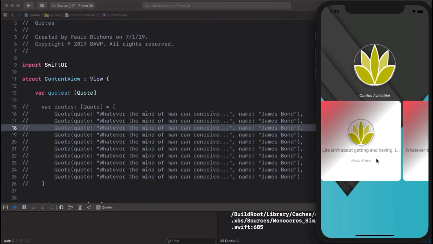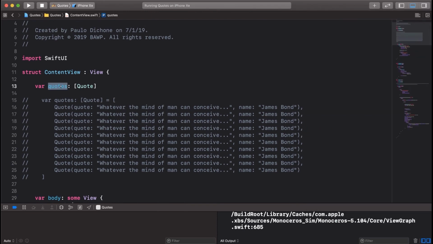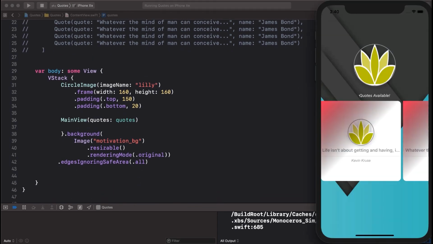Let's start with something very simple here. Let's go ahead and get the actual quotes number, meaning the number of quotes that we have in our JSON. How do we do that? Well, we know that our quotes property is an array that contains objects of quote. Arrays have a property called count. The count just tells us how many items are inside of this array. So we're going to take advantage of that and add the count, or how many quotes we have,